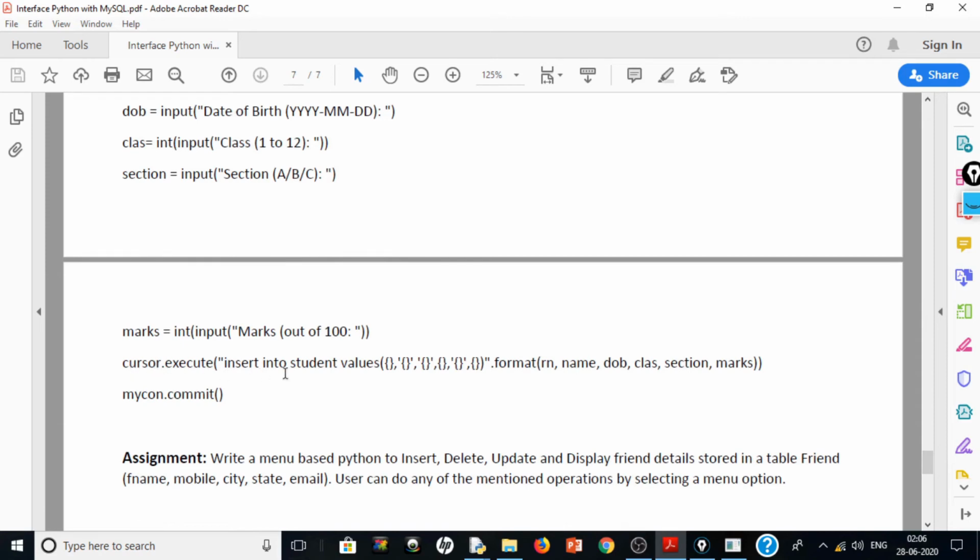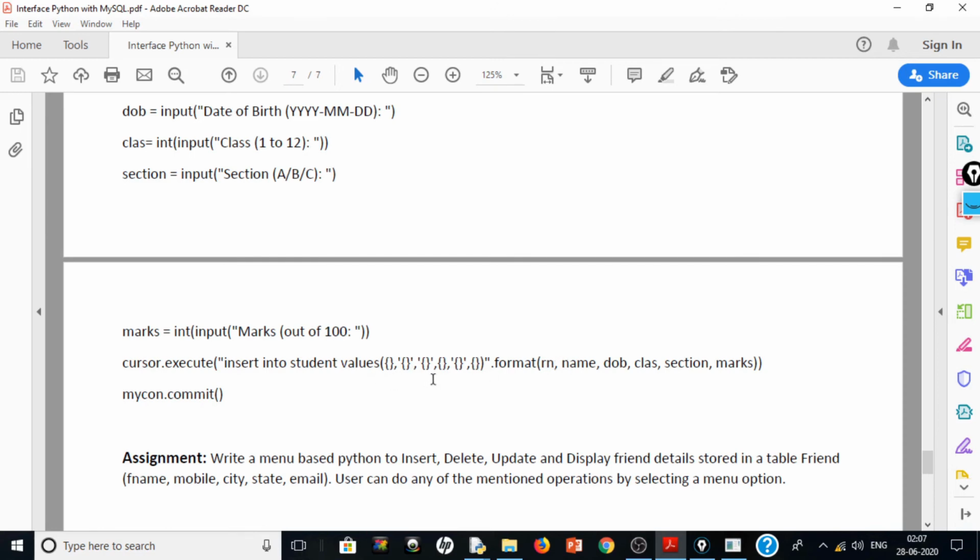Cursor dot execute insert into student values, we have left all the values as blank, and those which are of string type, we have covered them inside single quotation marks, and those which are integer, we haven't covered them inside single quotation marks. Dot format will provide the values for these brackets.